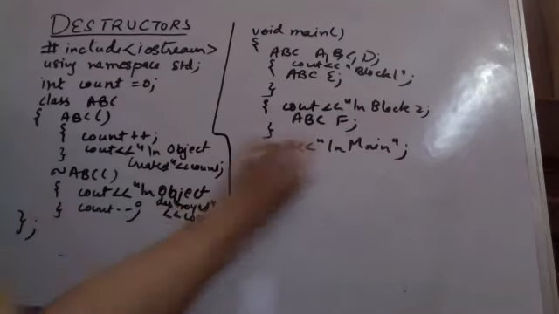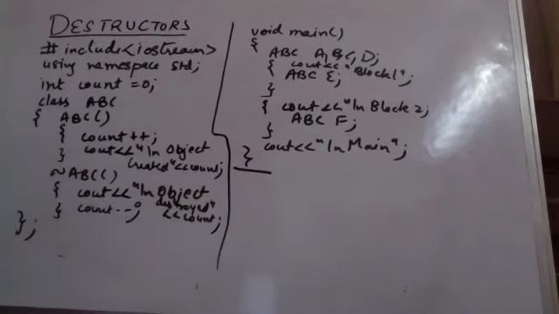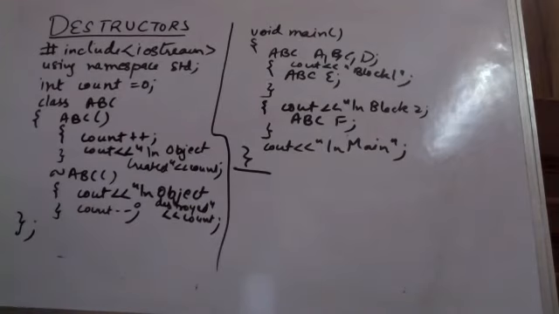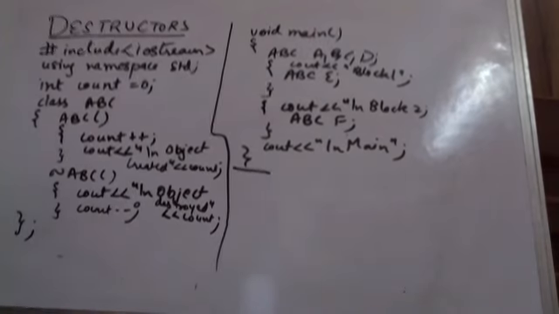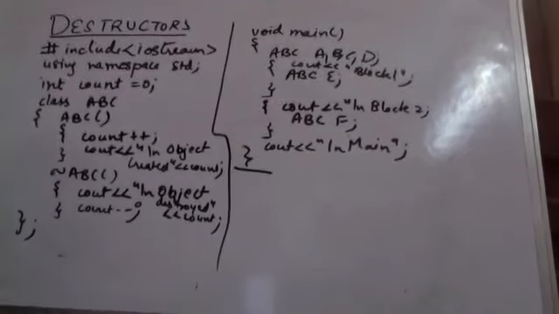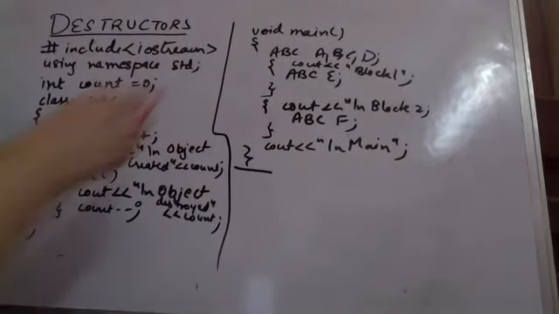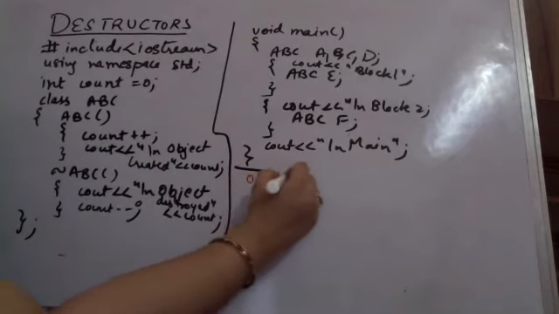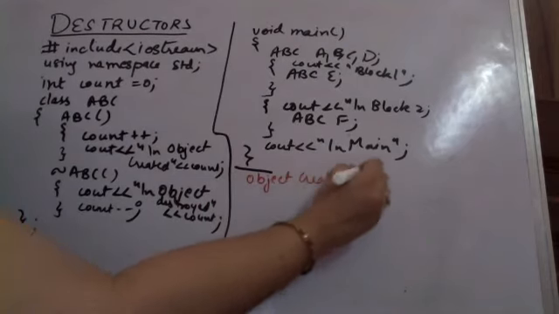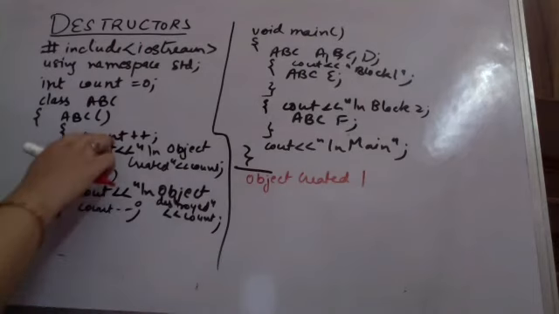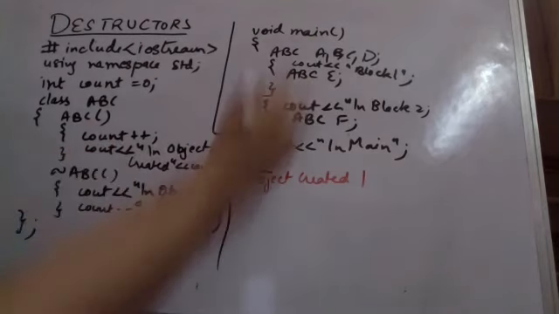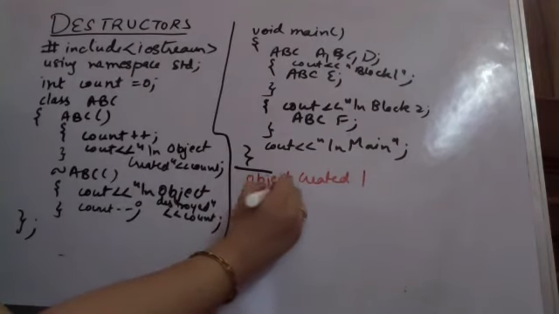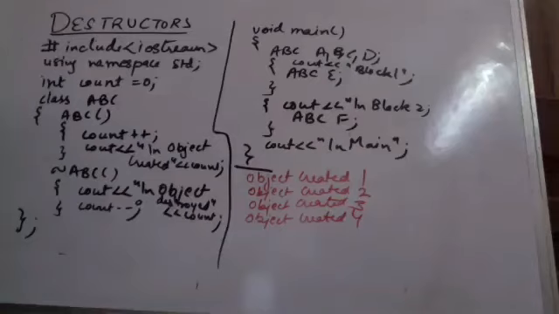So if I want to see the output when I will be running this particular program, what does the output go? We have to understand that the constructor for A will be created, constructor for B will be created, C will be created. Initially count is 0. So when I'm giving the statement ABCD, what will be happening? You will be getting object created and you will be having count as 1 because it has already been done count plus plus. जब आपने B create करा, you will be having again object created, objects have been created.